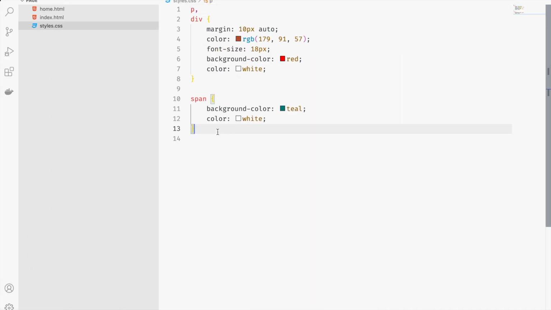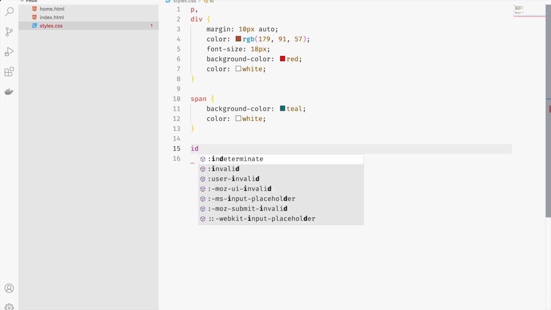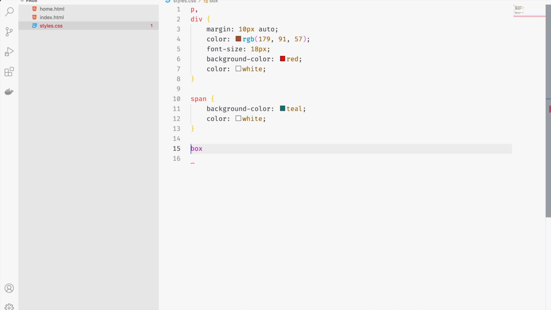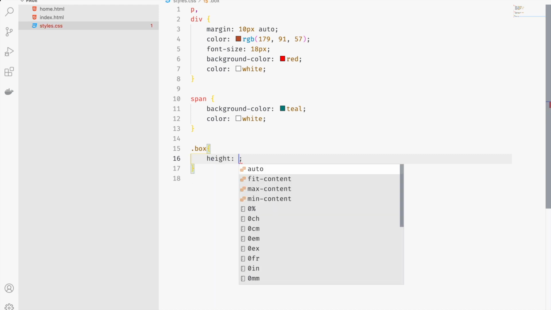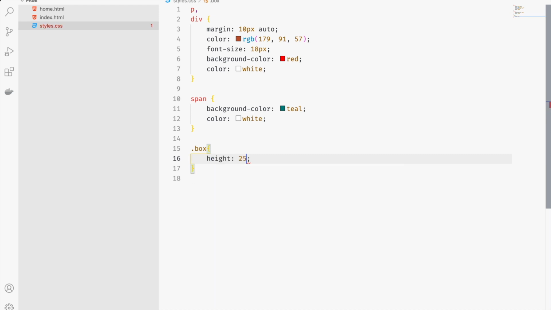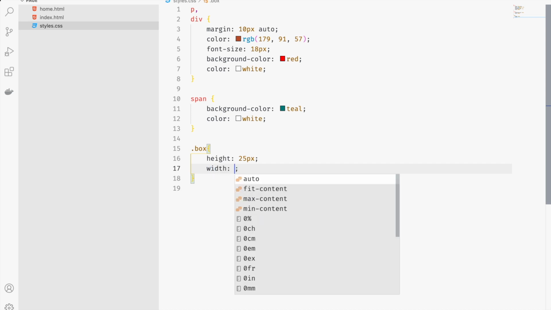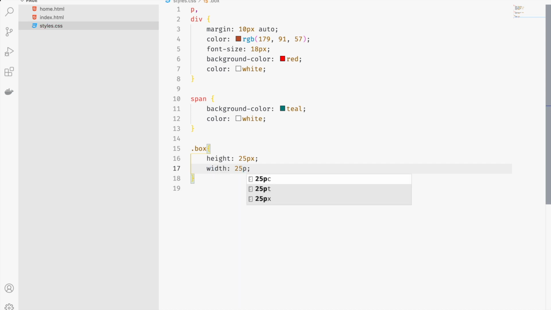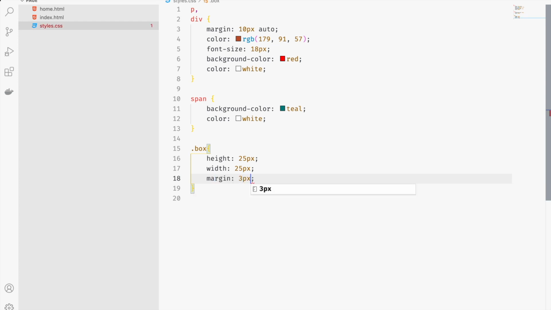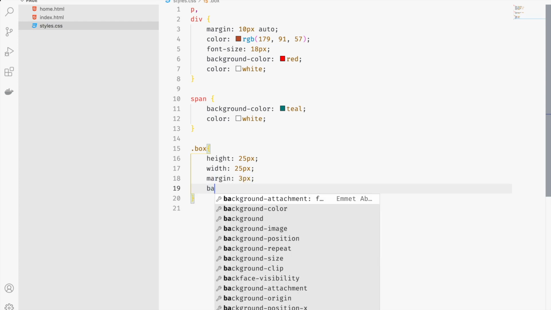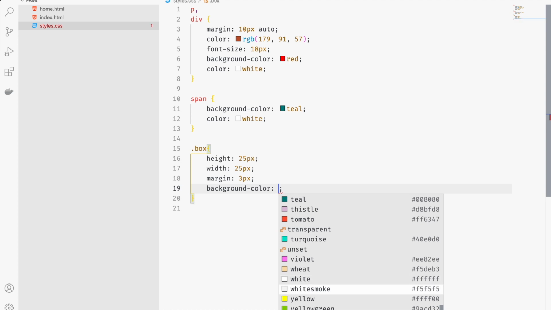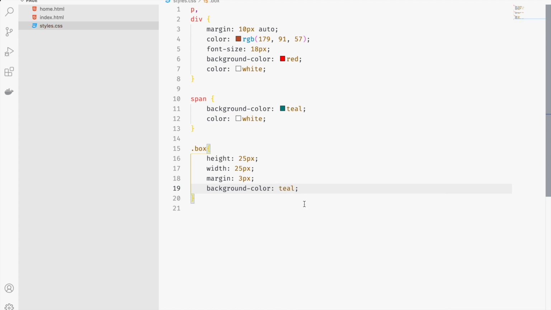Say you can add an ID which has height 25 pixel, width 25 pixel, and margin 3 pixel. Background color, let's say teal.